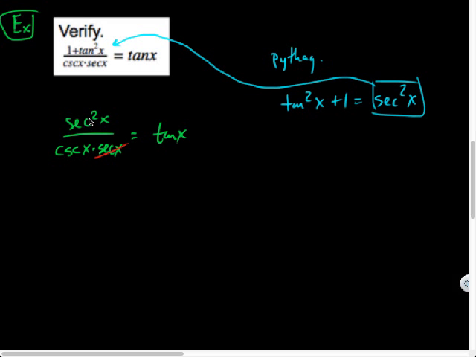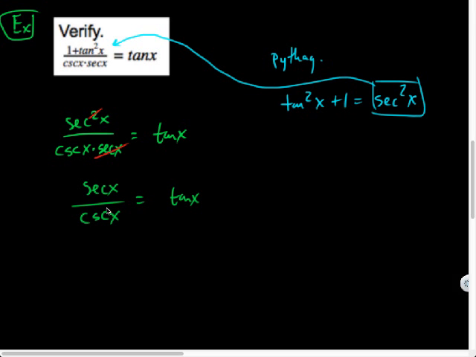Yeah, this guy cancels out with one of the ones up top. So I'm going to have secant x over cosecant x equals tan x is my claim. Now, secant x and cosecant x, I don't necessarily have a direct path to relate that to tan x, but